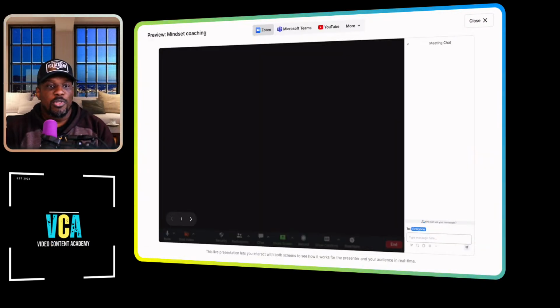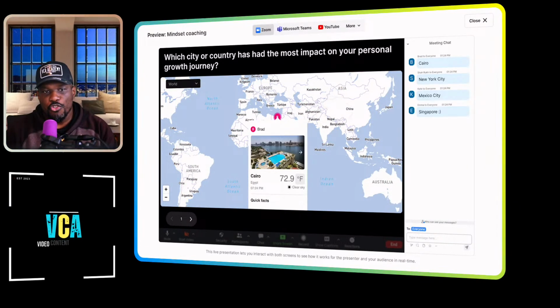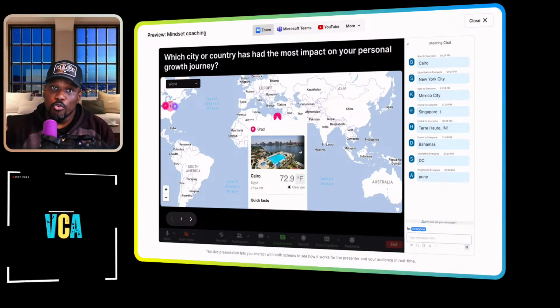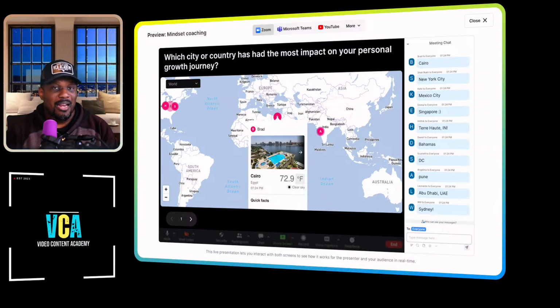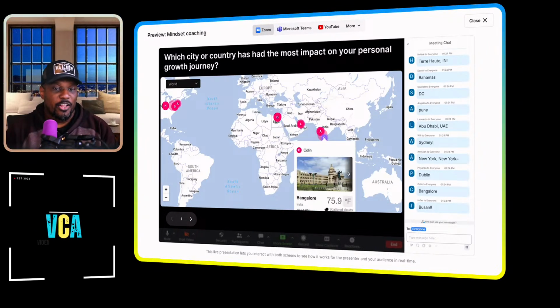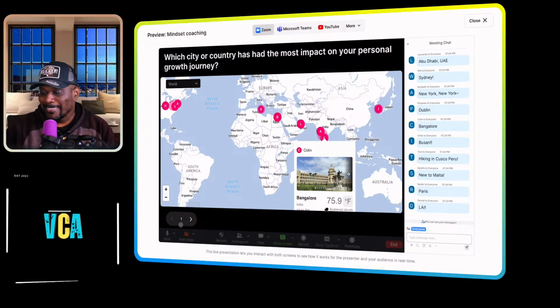That's simple. Now we go ahead and open this up again. Your attendees don't see the back end of this, but which country or city has had the most impact on your personal growth journey? Right. So now I'm not asking them directly where they live, but maybe where you visited, where did you vacation that kind of helped you out, and people get to put that in there as well. And next,